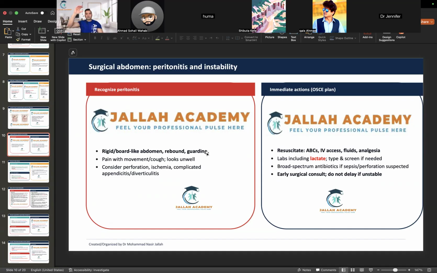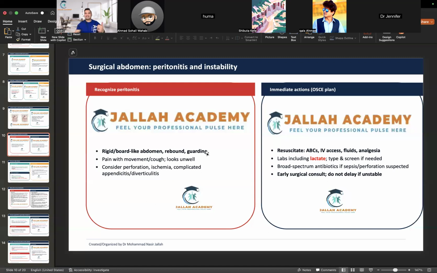So if you have a scenario behind the station and you read this, it is an emergency case. Usually they don't give you an emergency case, but if it's mentioned, you need to know that you're dealing with something very emergent. Pain with movement and cough are other clues that signal it is urgent. It could be peritonitis, so be prepared. Based on that, you have to map out your plan and how you want to approach it.